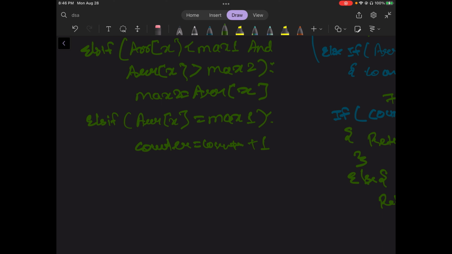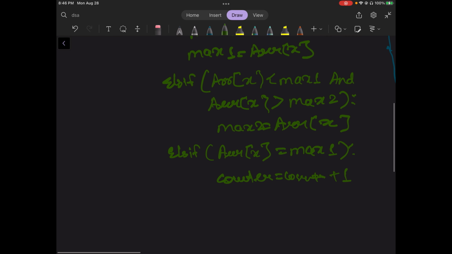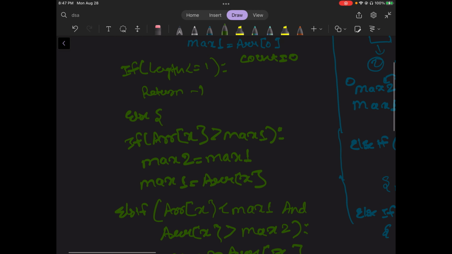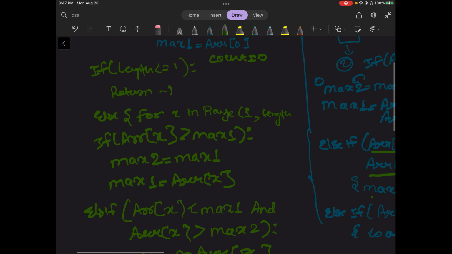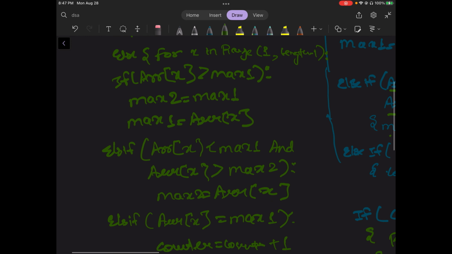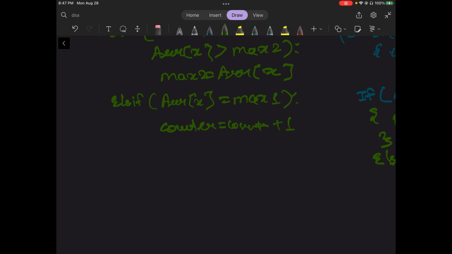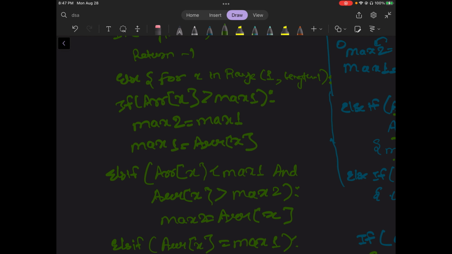Once counter is done, we'll get out of this. We didn't write the for loop. For x in range 1 to length, 1 to length -1. So this is done. Counter equal to 1, and then once this for loop gets terminated,